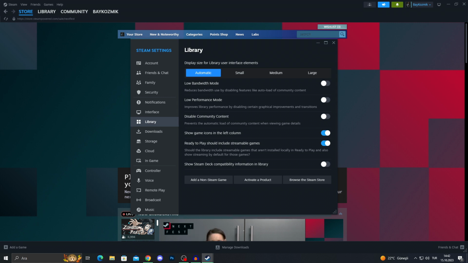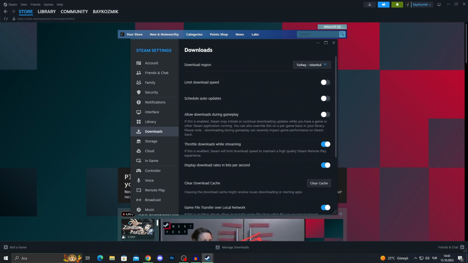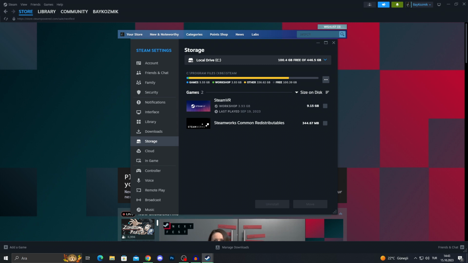Library, of course, just depends on your library settings. It changes a lot, but we don't use it right now. Right here, we can go to downloads to see our region, limit our speed and everything, but for this video, we need to go to storage. And of course, when you go to your storage, you will see your local drive C,